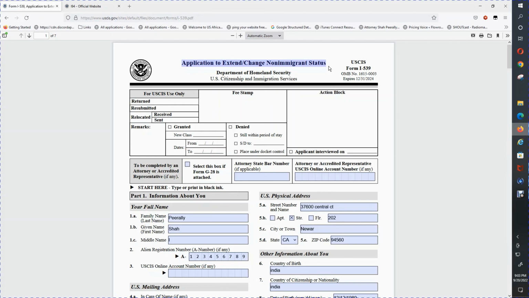Now, going back to this, for those who are applying to extend or change status or any kind of immigration form, it is recommended to have a professional handle it for you. We have been doing this for years now, going on 19 years, and we will be glad to help you. Give us a call,